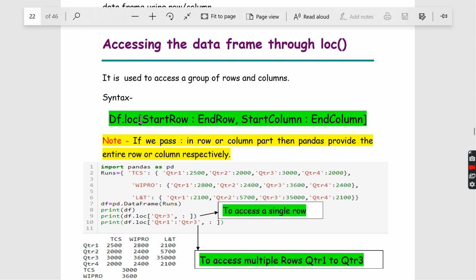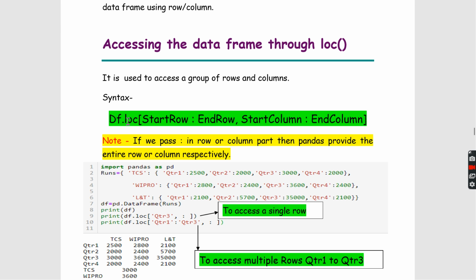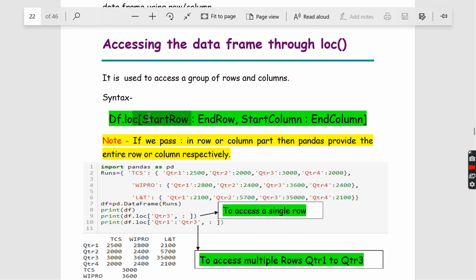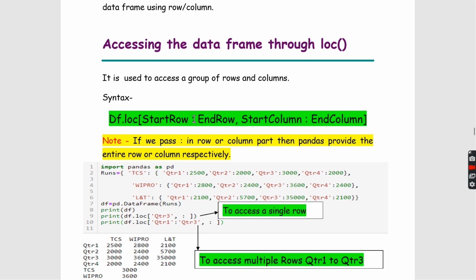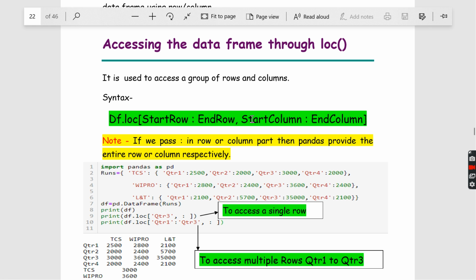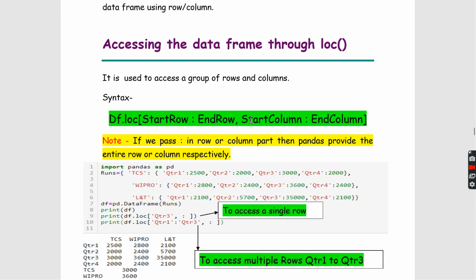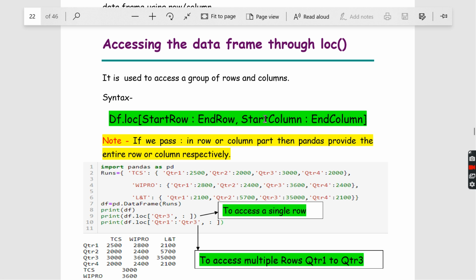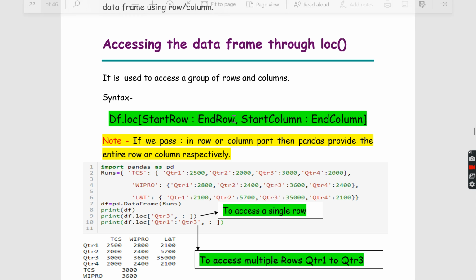Now if you see here, the syntax will be df.loc, open bracket, starting row, then colon, then end row, and then comma, then starting column to ending column. What are these? These are all slicing parts, from where to where you want to slice.